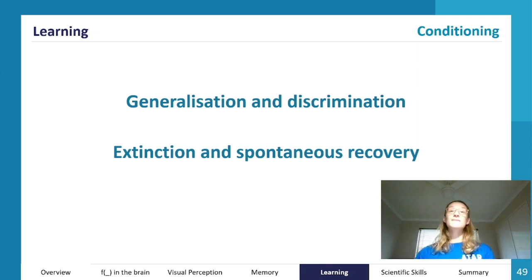An example of generalization would be when little Albert was conditioned to be afraid of, I believe it was the little bunny, like a white beard or Santa Claus also made him cry because he generalized the stimulus. So actually a lot of white and fluffy things,